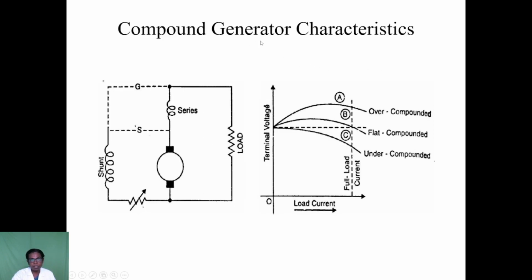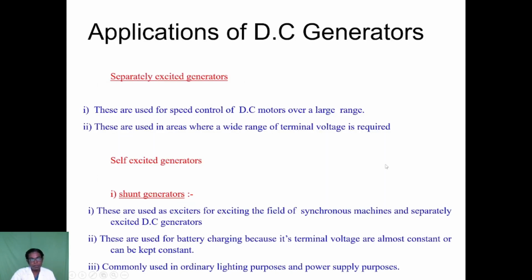And the compound generator: shunt, long shunt and short shunt. In that, the voltage is flat compound. Suppose the voltage is increasing, that means it's over compounded. If the voltage decreases, that means under compounded. So, applications: the separately excited generator is used for speed control of DC motor